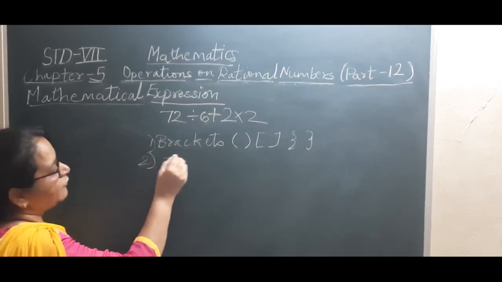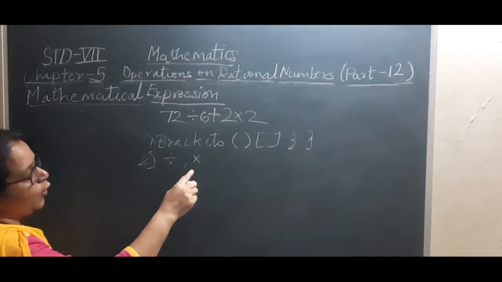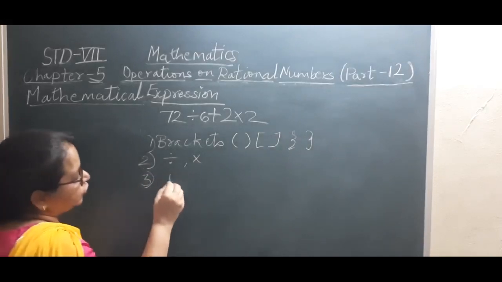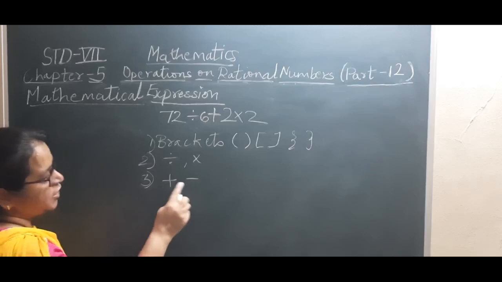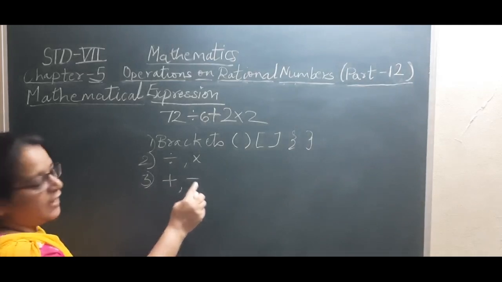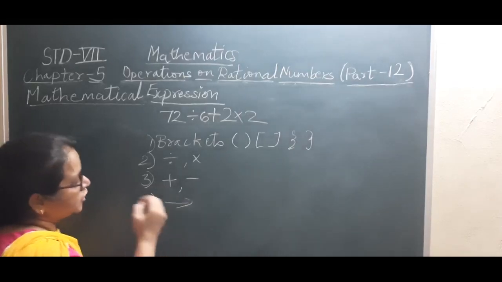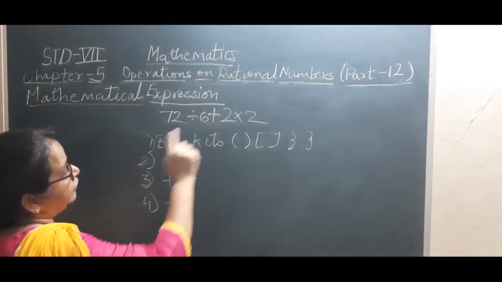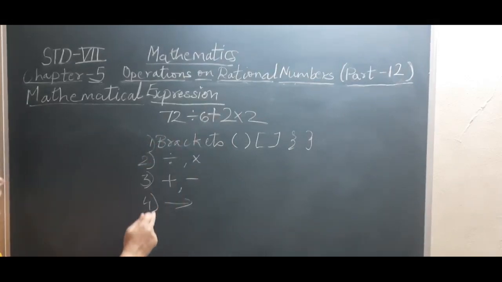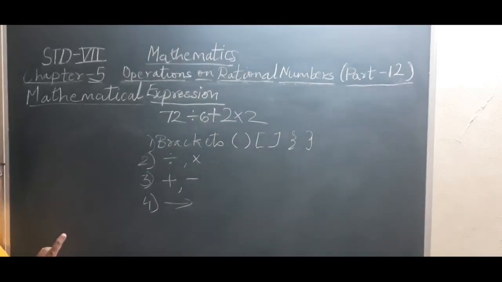Now see the second step. In the second step, we have to see division or multiplication. Whichever is there, we have to follow that and solve it in the second step. In the third step, we are going to see addition and subtraction. Whichever is there or even if both are there, first we will solve addition and then subtraction. The fourth and the last step is we have to solve the expression from the left hand side. We should always start from the left side. So while solving any mathematical expression, we have to follow these four rules so that you get the correct and the right answer.